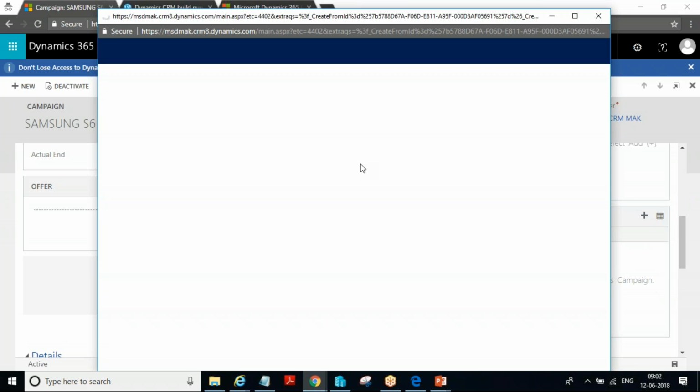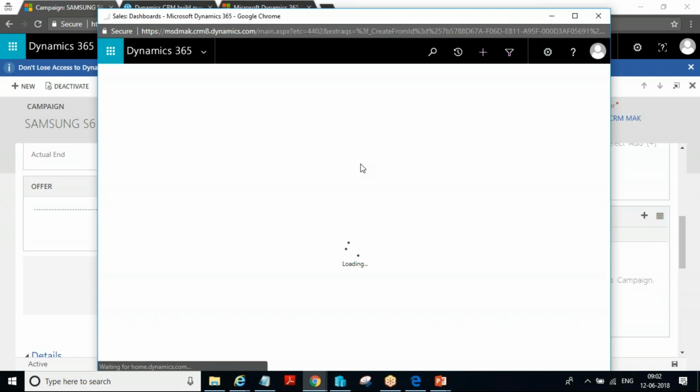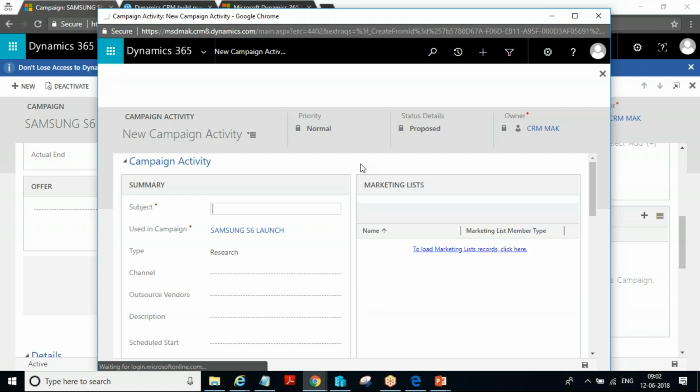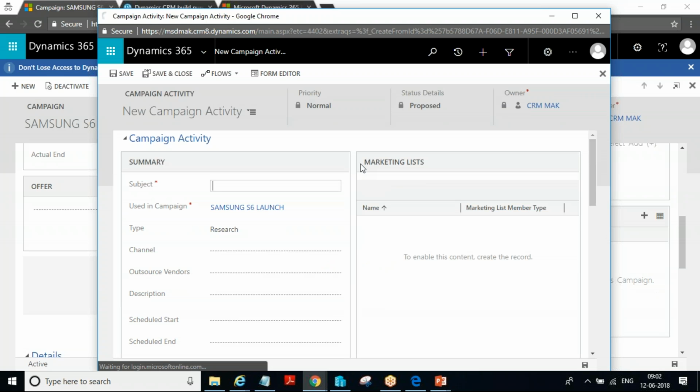Campaign activity is a mode of communication to the customer.